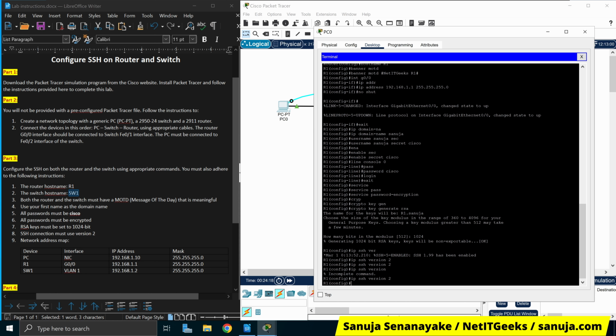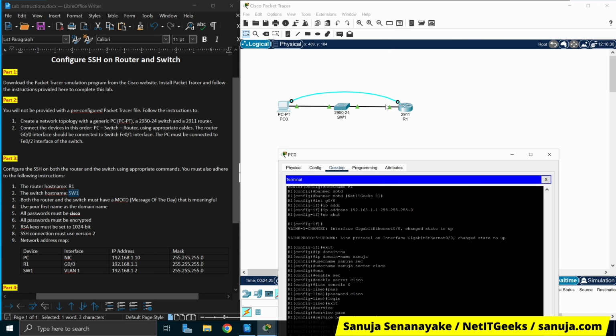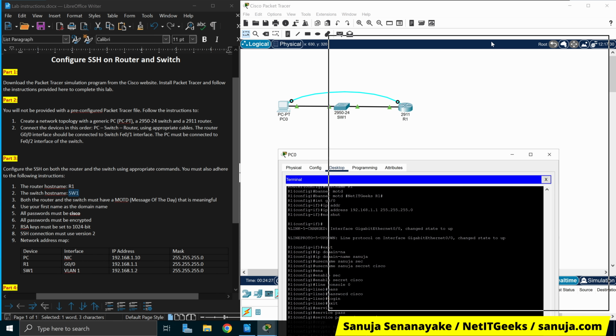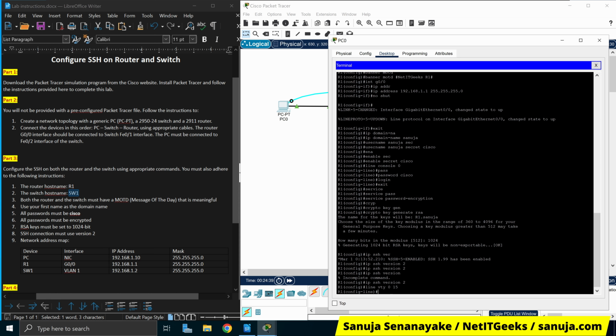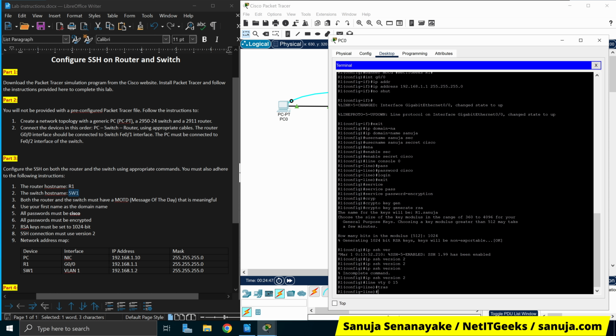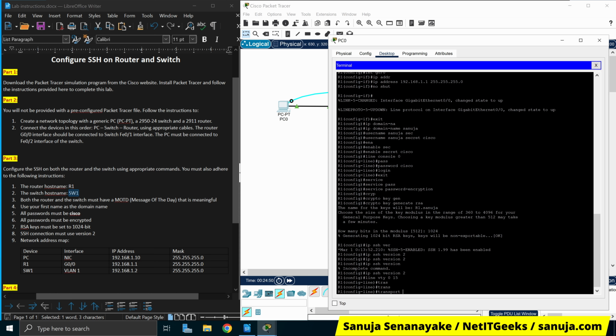Now the next thing is we need to allow connections to the router via virtual lines. So now, even though this port is open and everything is green after we do all of this work, even though links are up, we need to allow the virtual lines. To do that, line VTY 0 15, that's all the virtual lines. Press enter. Now we are inside configuration for those line VTYs, and we're going to go transport input